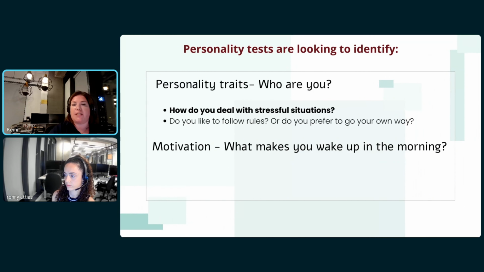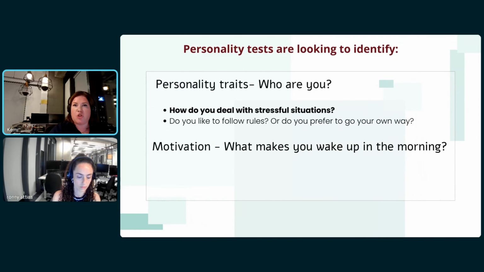So, how do you deal with stressful situations? I've highlighted this because this is extremely important when it comes to personality assessment. It's something that hiring assessors are looking at very closely. How you deal with stress, how you deal with changing environments. The financial world is constantly changing. There are constant decisions to be made, and it can be a quite stressful environment, and they want to know how you deal with that. The personality assessment will look into that quite closely.